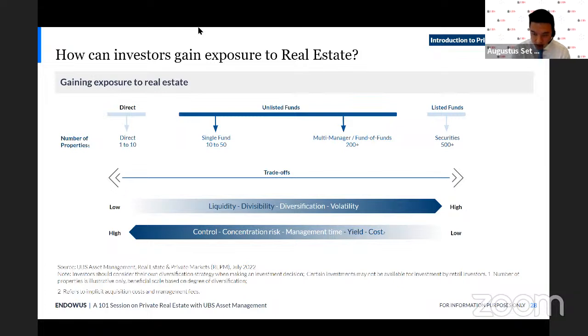And then lastly, there's multi-manager / fund-to-fund solutions, right? Where you could buy units in the fund-to-fund type vehicle. And this type of vehicle invests into direct real estate funds, so these single funds. It also might take positions in single assets, along with other managers and other JV type structures. So with that type of product, like a multi-manager, you might get a bit better liquidity in terms of being able to submit redemptions, let's say monthly. You might get even more global diversification.